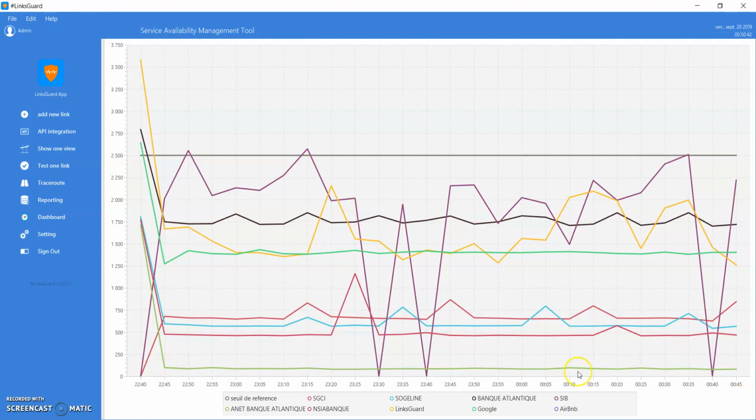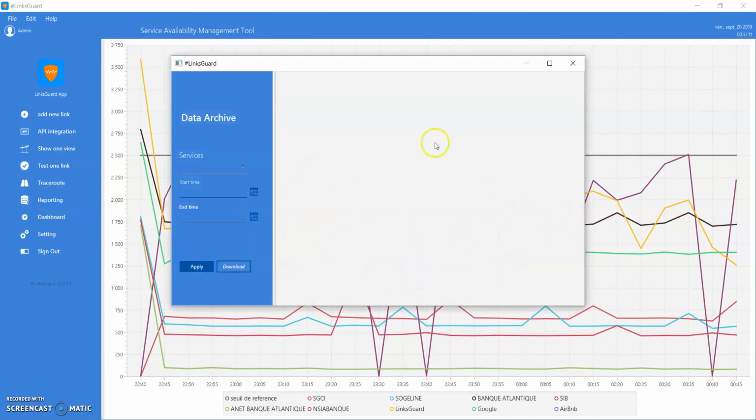By default, the real-time test appears for 8 hours. Over these 8 hours, the data is archived, and it is accessible through the report.